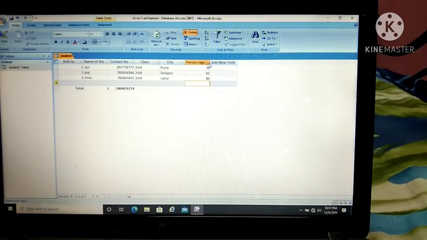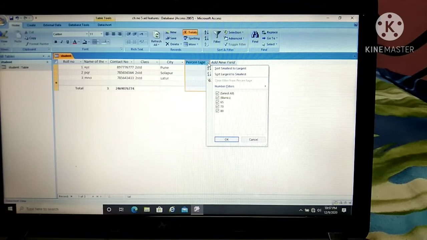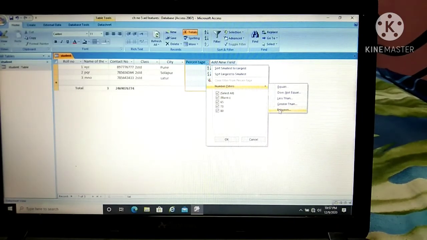Again the same option, just click on this arrow and here we have number filters and I'll click on between. It doesn't mean only the between option can be used. You can use equals or does not equal or less than or greater than. It depends on your condition, which data you exactly want, like data below the percentage of 80, use less than.